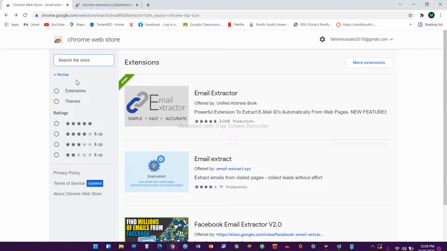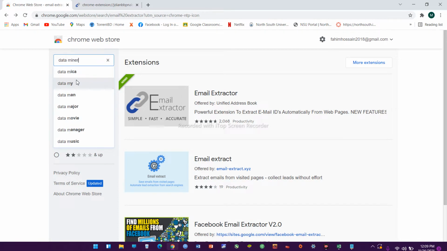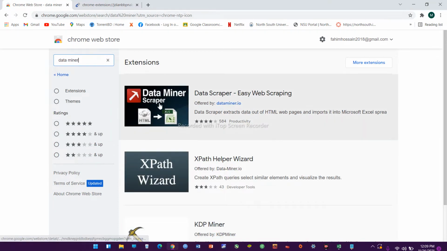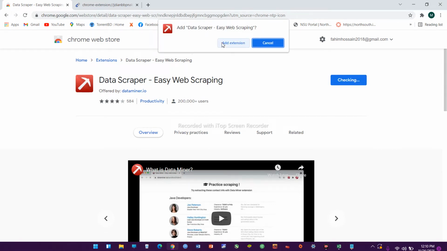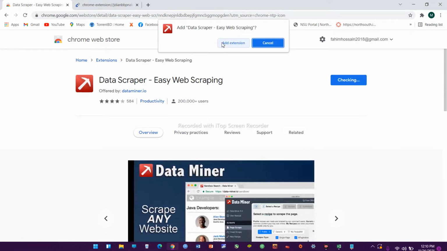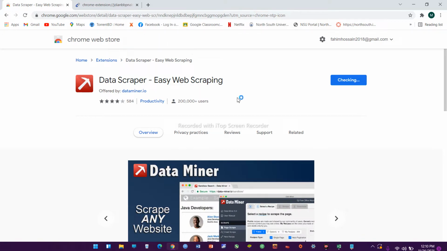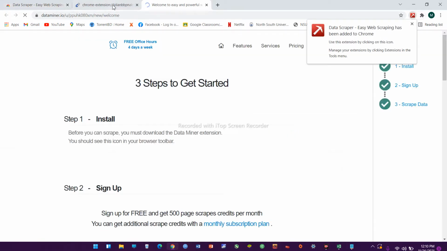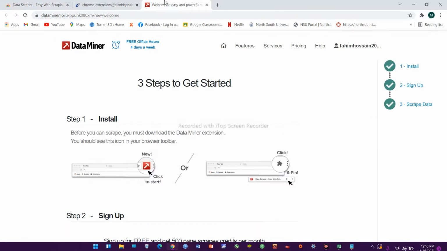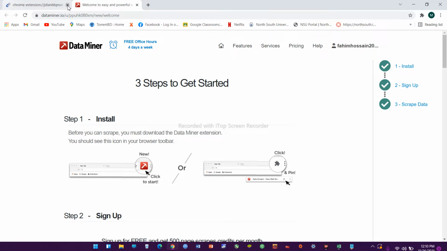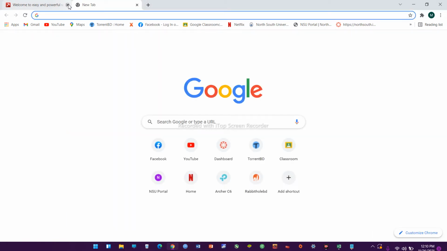And the main difference between these two is that Data Miner gives you detailed information about your target audience. On the other hand, the last one that we have downloaded just gives you the email addresses of your target audience. So this is the main difference. If you want detailed information, then you can use Data Scraper, and if you want just the email addresses of your target audiences, then you can use the first one, the Email Extractor. So we have successfully installed these two applications, and now what we're gonna do is that